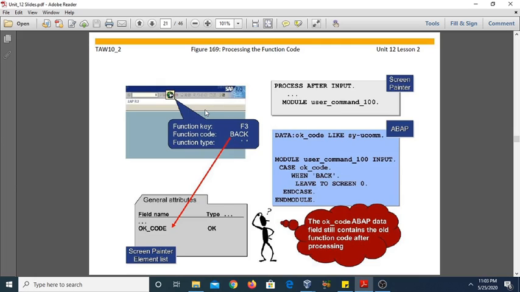Similarly, if we have another function key, suppose I am using the F4 function key for the save button or forward button, and the function code is FORWARD, so we can also add another WHEN 'FORWARD' and then CALL SCREEN 200. So by assigning the particular function code you can execute your program, and all this will be included in the PAI module, process after input.